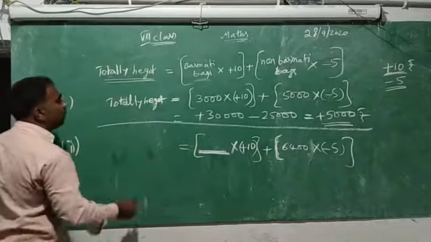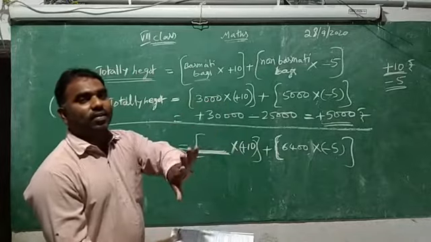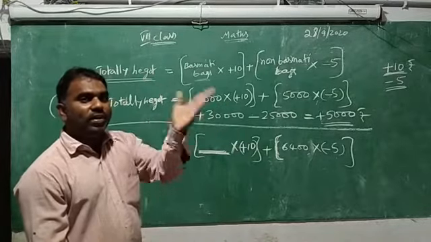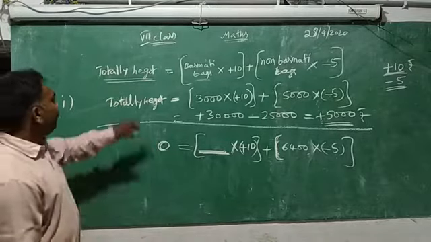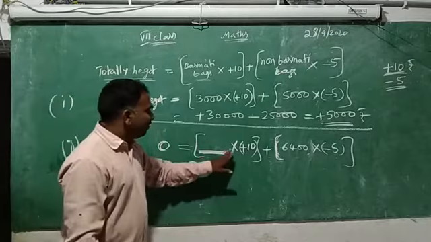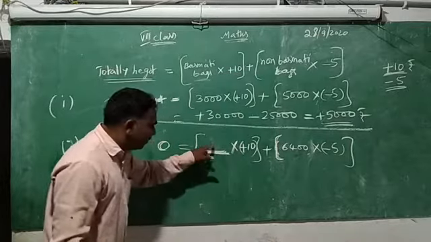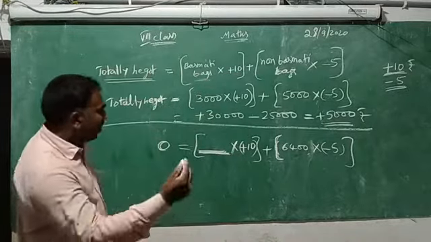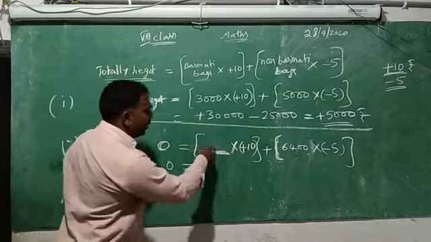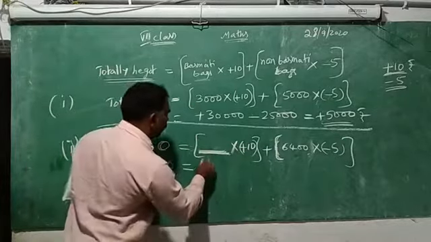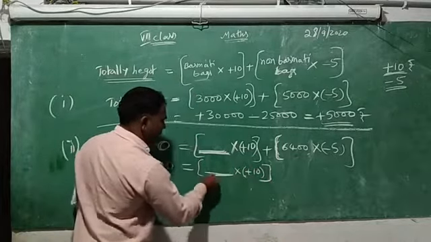And here, in the formula, equal to is there. What is there on the other side? Totally he got no profit, no loss. No profit, no loss means what? 0 rupees. So 0 is equal to dash into plus 10 plus 6400 into -5. You need to find this dash. So very easy, see how I will do. Observe. 0 equal to nothing is there, so you can't multiply. So you write it like this: dash into plus 10.